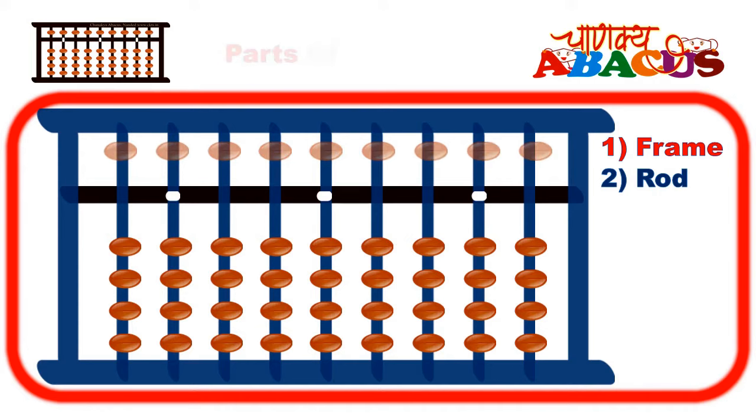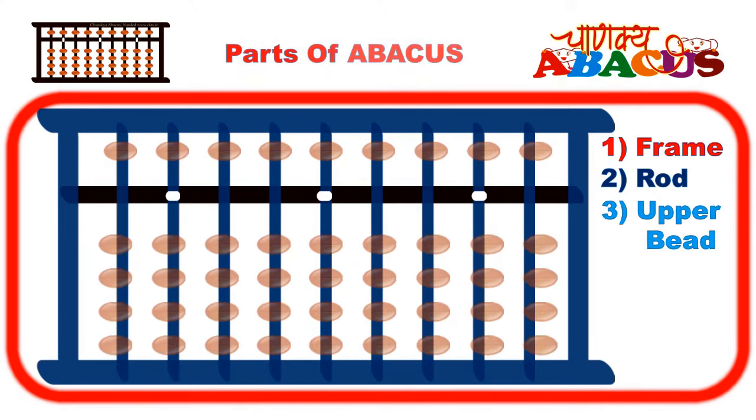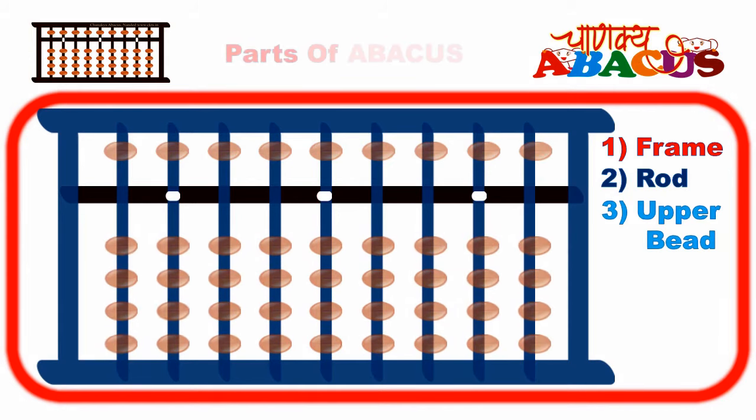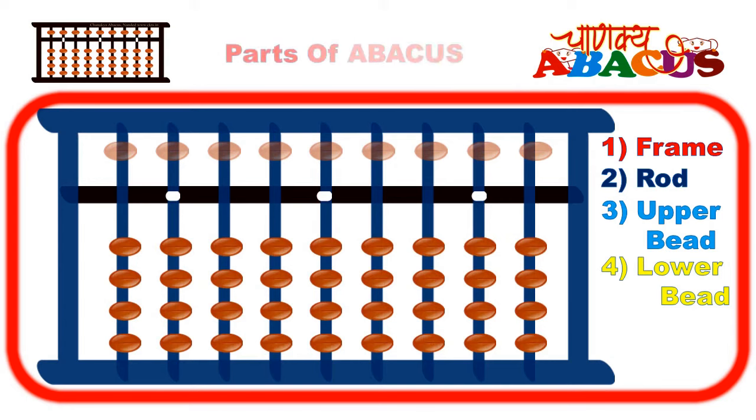Now the third portion that is blinking is called beads. These are round in shape, look like a ring, and are mostly brown in color. These beads are always on the top portion of Abacus, hence called upper beads. In the same way, the beads blinking on the bottom portion of Abacus are called lower beads.